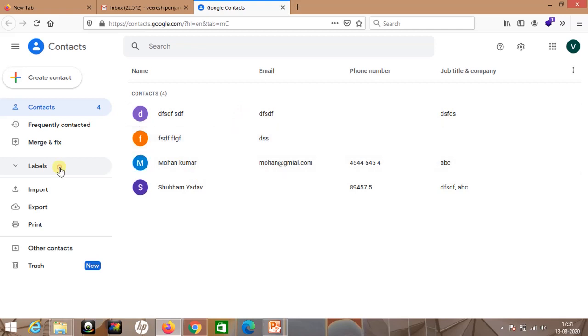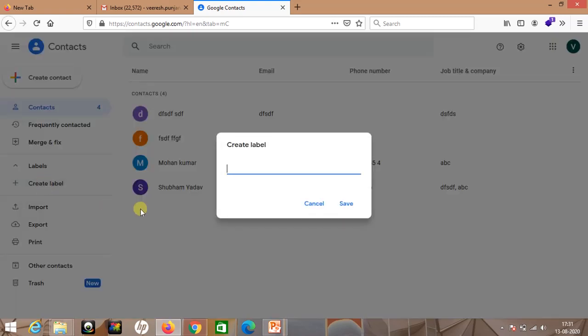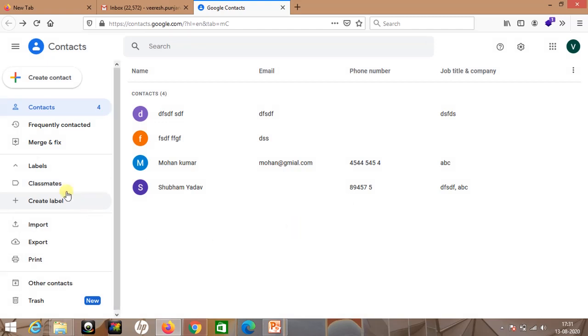As you click on labels, an option comes: create label. You have to click on this and then you can write the name of your label. I have created a label named classmates and I have clicked on save. So now you can see the classmates label is appearing here.